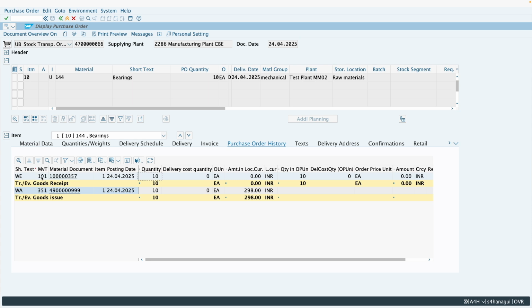This is very important information that you need to know: here also the financial document will get posted at the 351 stage only. That is, when we post the 351 document, only then will the financial document get posted, and the material will be transferred on a value basis to the receiving plant at the time of 351 only. At the time of 101, the quantity will only be placed in the storage location of the receiving plant. So if we open 351 here,